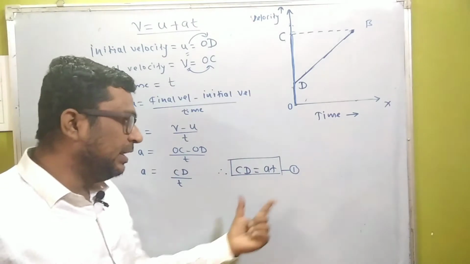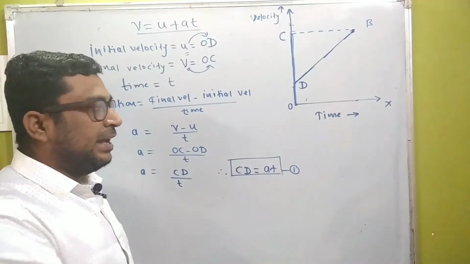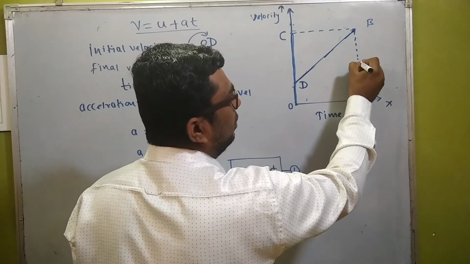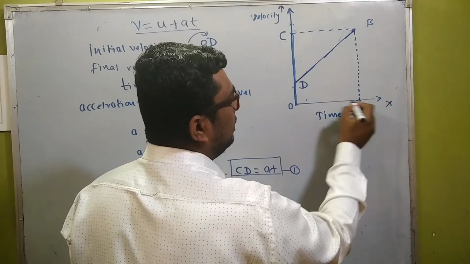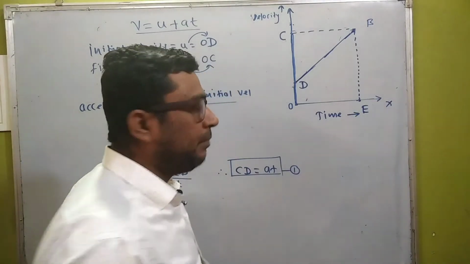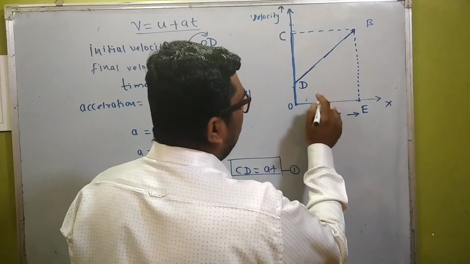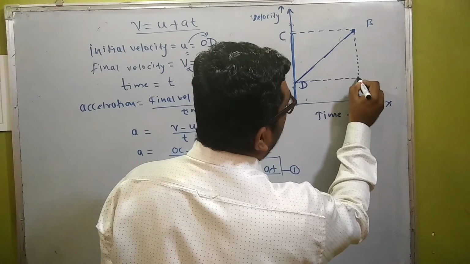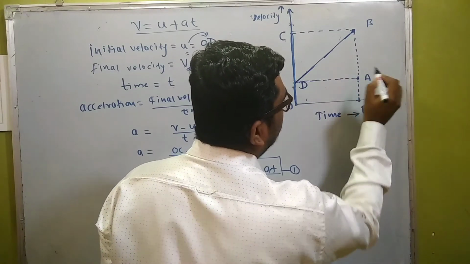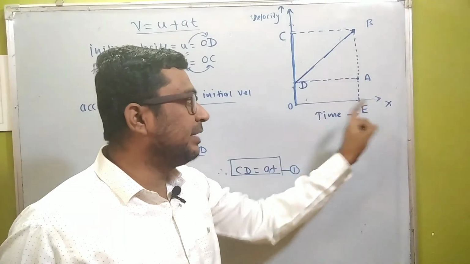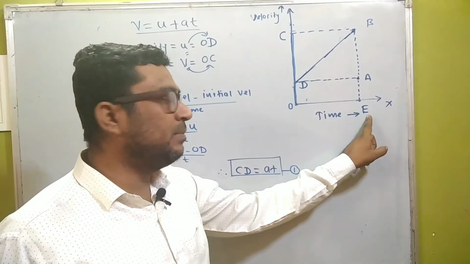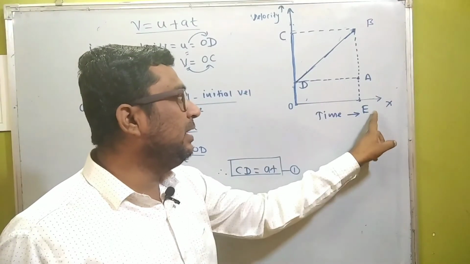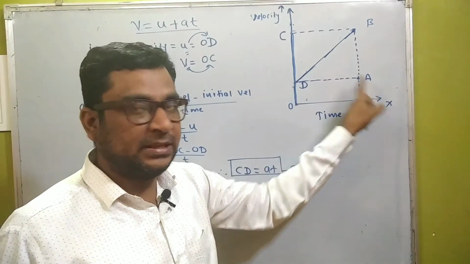We have to carry this forward, for which I have designed this. Now we will make a few changes in the diagram. We bring this time up to the x-axis with the help of this dotted line, and this point is called E. Along parallel to the x-axis, we draw one line here, and from B I am again joining a straight line BE, where it intersects, that intersection point I consider as A.